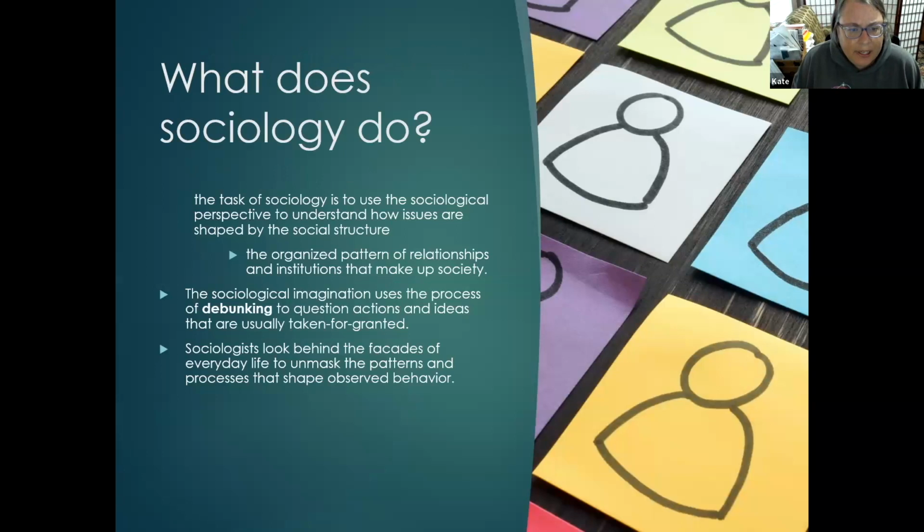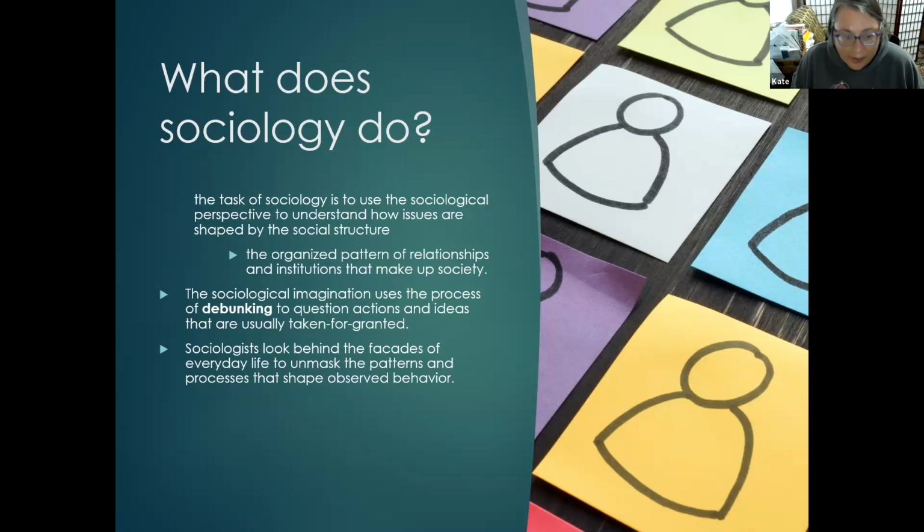So the task of sociology is to use a sociological perspective to understand how issues are shaped by the social structure. So it's the organized pattern of relationships and institutions that make up society. It's important to realize that society is patterned in certain ways. And we use institutions, which I'll get into later. We use institutions to examine how institutions impact society. And by institutions, I don't mean just businesses or the banking system or the education system, but also more informal institutions, such as the institution of marriage or the institution of, I'm a medical and psychiatric sociologist, so